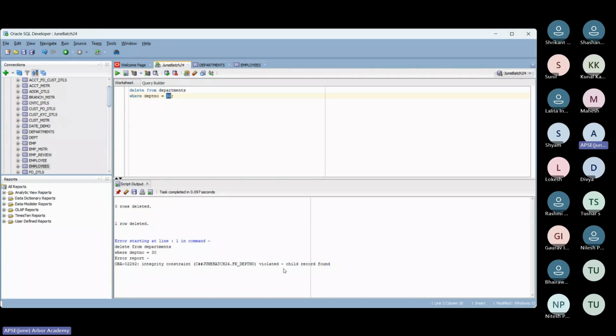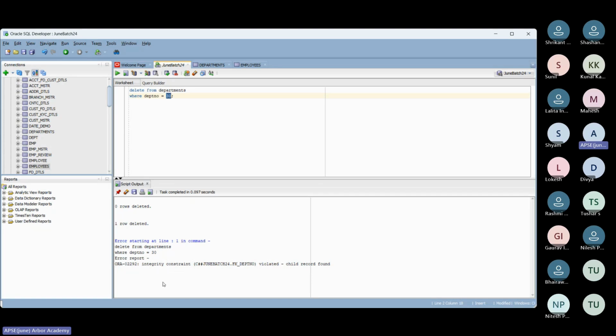What does it mean? So anytime when I'm teaching you, I am purposely incorporating an error to tell you, see, this is what happened and this is the resolution for it. Is it correct, guys? Yes, ma'am. So this is one ORA error that you need to note down and keep in your records: ORA-02292 is nothing but the integrity constraint error, wherein a child record is found, and hence